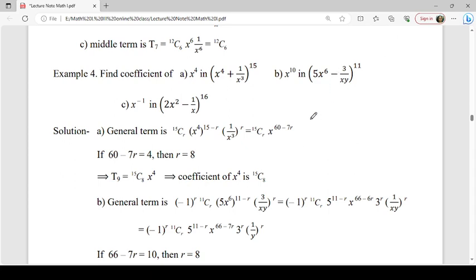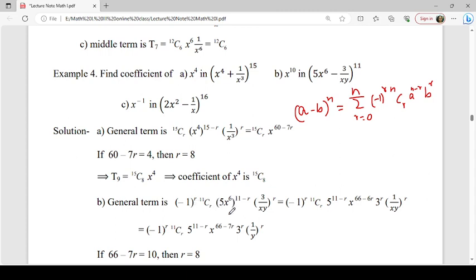So in case of (a minus b) whole to the power n, T(r+1) we can write it as summation r from 0 to n, this is minus 1 to the power r nCr a to the power n minus r b to the power r. So this is our general term, minus 1 to the power r nCr a to the power n minus r b to the power r, and because it is minus, so this is minus 1 to the power r 11Cr